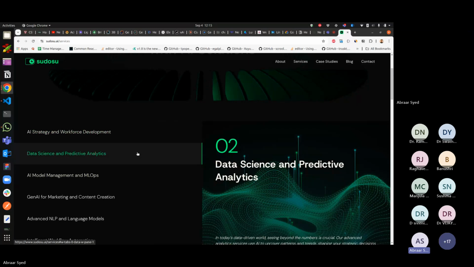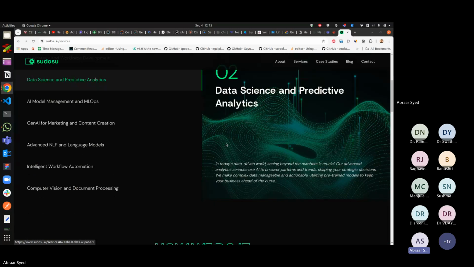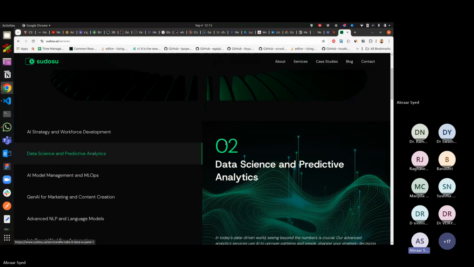So data science and predictive analysis. What we do here is, again, there are two parts to this. Even for big companies like BCG, Cargill, even before you get into the step of data science, you need to first get data engineering and data analytics sorted out. And what is the difference here? Basically, data engineering is the ability for you to extract the essential data from different resources, come up with a pipeline to filter the data, clean the data, and put it in the right form. So that is basically the data engineering part. And then comes the analysis part.